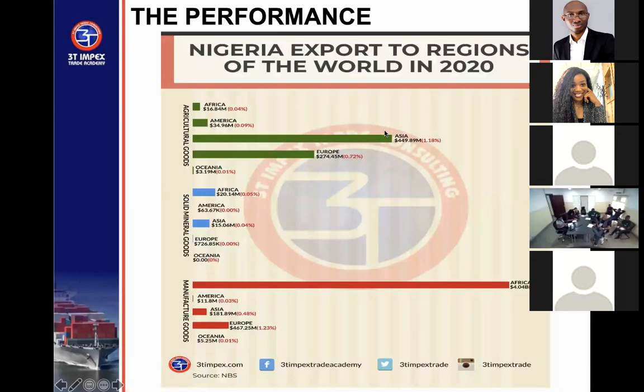To emphasize the need that what we sell in Africa is manufactured goods, look at this chart. As of last year, even in COVID, majority of manufactured goods from Nigeria went to Africa. Of course, European, Americans, Oceania will not buy enough from us. The people that will appreciate what we produce more are our brothers and sisters on the African continent.